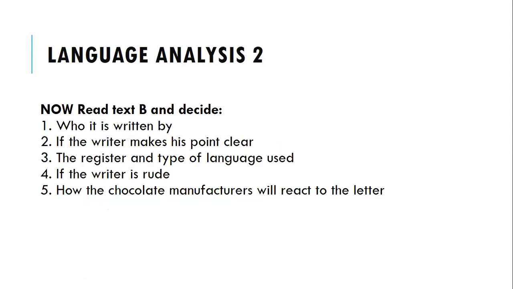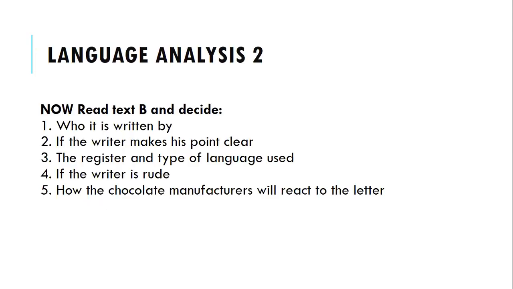Now, language analysis 2. Now read text B and decide who it is written by. Okay, number 1, who it is written by for the second letter. Number 2, if the writer makes his point clear, apakah penulis menyatakan poinnya dengan jelas. Number 3, the register and type of language used. Ya, register, the expressions, the vocabularies. Number 4, if the writer is rude,